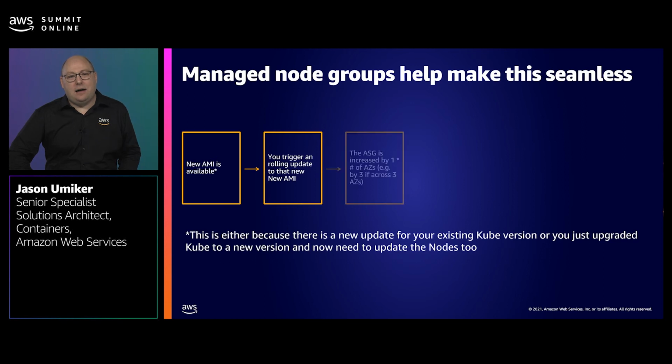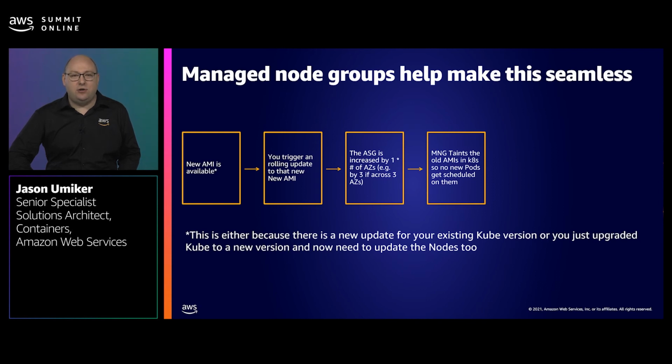that will, as a first step, increase your auto-scaling group by the number of availability zones you're in. For example, by 3 if you're spread across 3 availability zones. The auto-scaling group will balance this capacity so that you have a new node in each AZ. It will then put a taint on the Kubernetes side of all the old nodes. This is to ensure that any pods that are rescheduled during the upgrade process only get moved once to a new node, rather than getting bounced around between a string of old nodes progressively getting decommissioned.